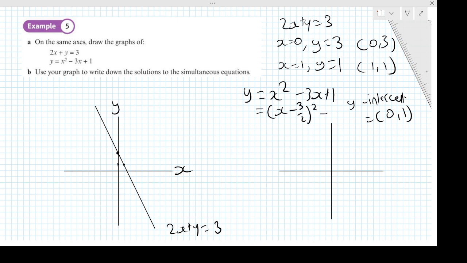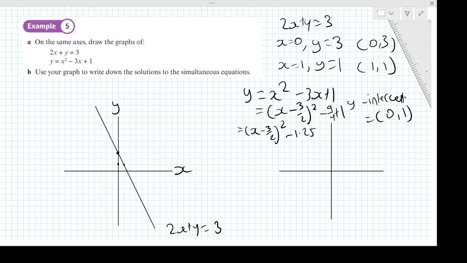Then minus 9 over 4 by squaring it plus 1. Then we can simplify it to get x minus 3 over 2 all squared, minus 9 over 4 plus 1 would be minus 1.25, okay? I'm going to leave it as a decimal because I think it's a lot easier to interpret,